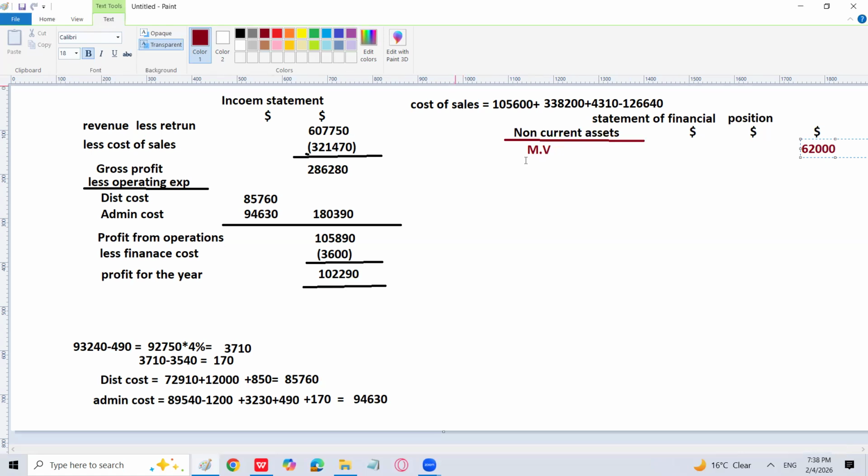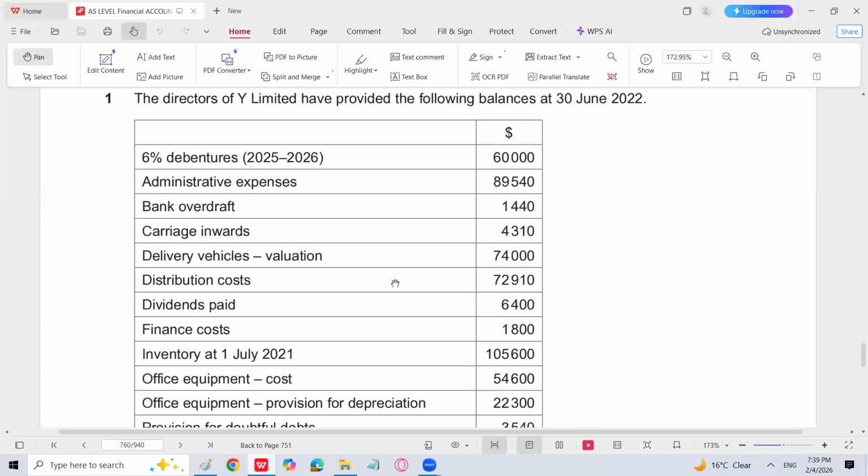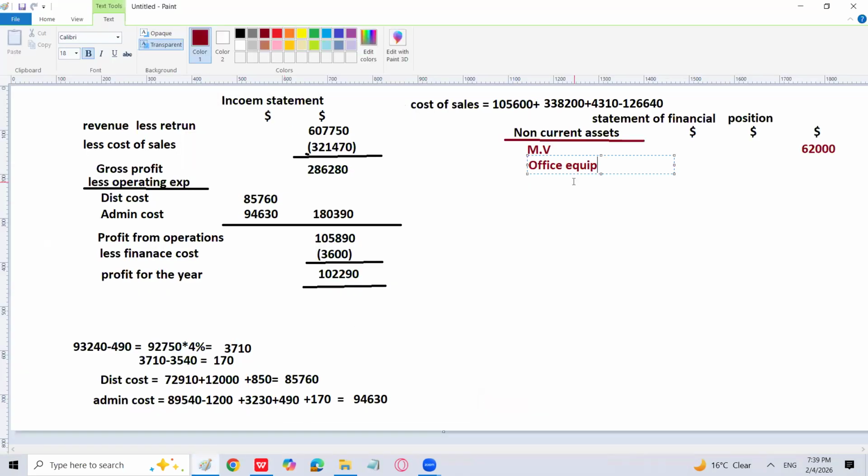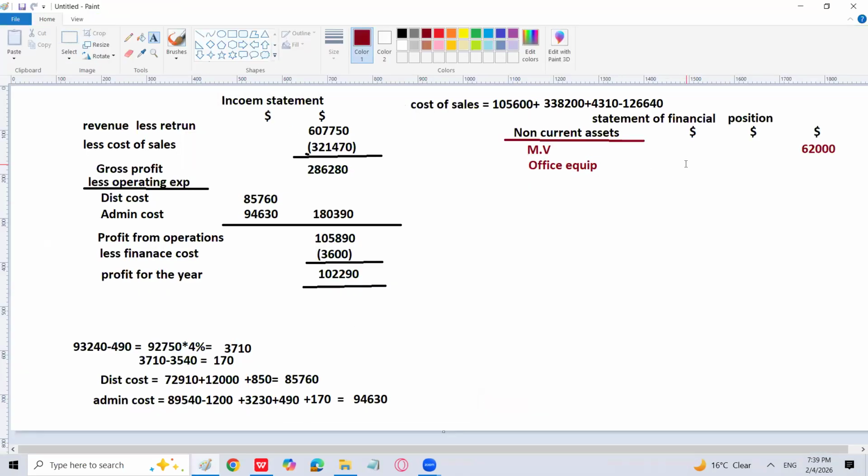Then comes the office equipment. I will write here office equipment; we will write cost also, the total depreciation also, and net book value. It was not motor vehicle, it was delivery vehicle. So you must write delivery vehicle. But because I have gone for it, doesn't matter. Office equipment cost is 54,600 and depreciation is 22,300. So I will write here